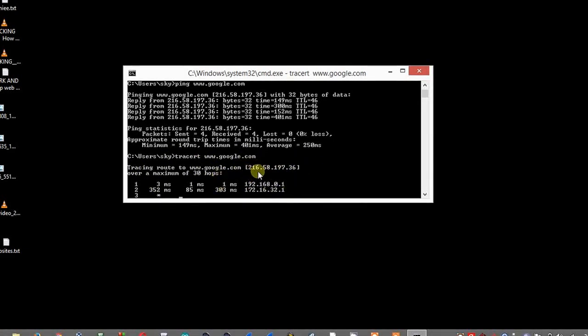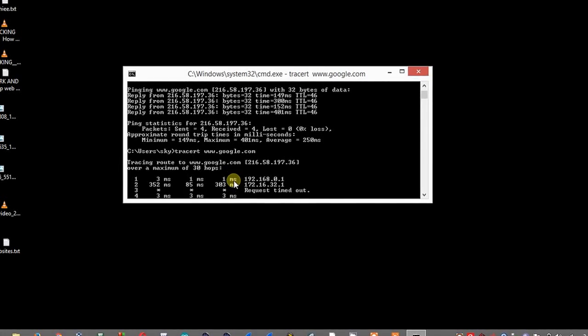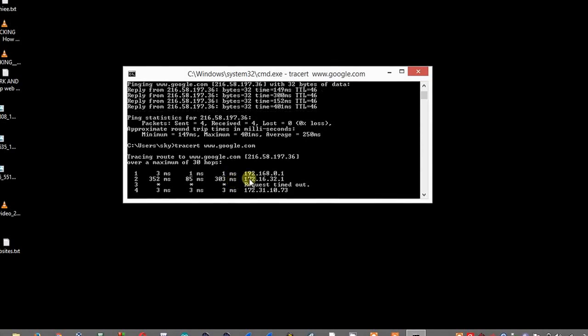Whenever you connect to a website, you are not directly connected to a server. First you connect to your local service provider, then you go to your metropolitan service provider, and followed by that you make some hops, around 10 to 15 for google.com. Then you go to the main website, Google.